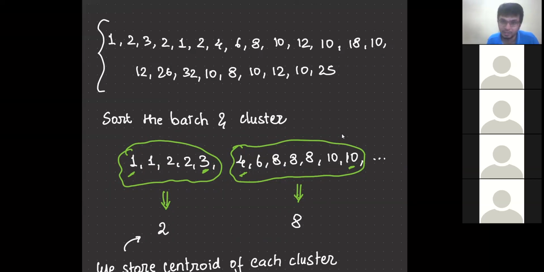When you have a smaller cluster size, you'll get a very accurate representation of it. Let's say there was a massive value, hypothetically 1000 here. Now we say that the cluster size should be small, so the difference between the smaller value and the larger value can be at max 2 for the larger values. So here 1000 will form its own cluster. So this 1000 would be stored as 1000, 1.